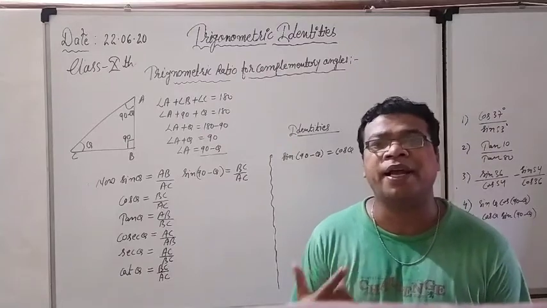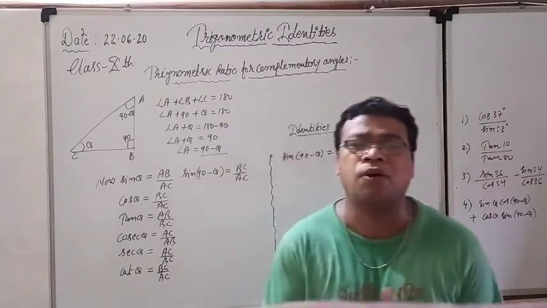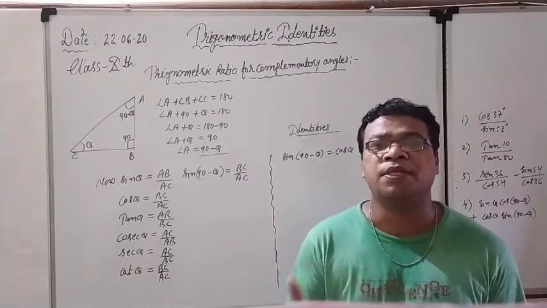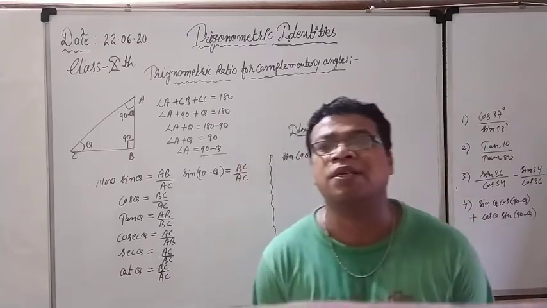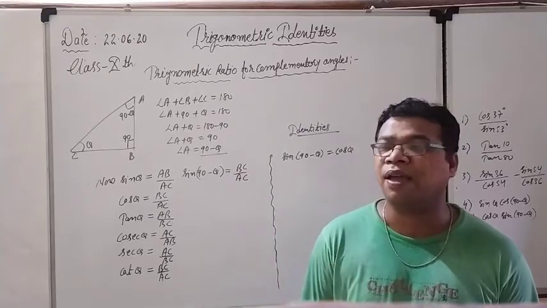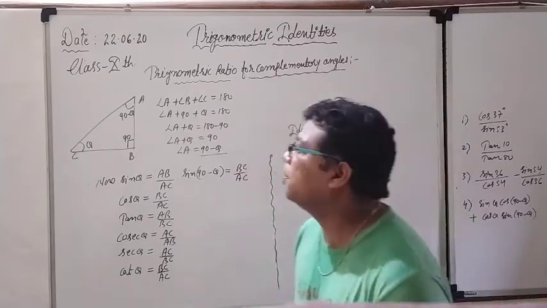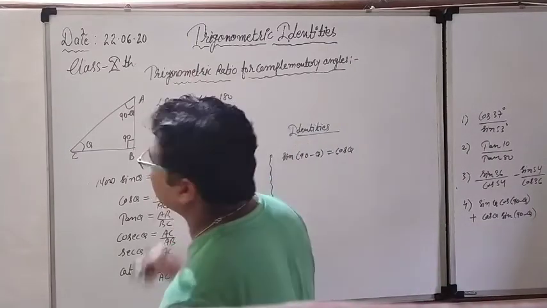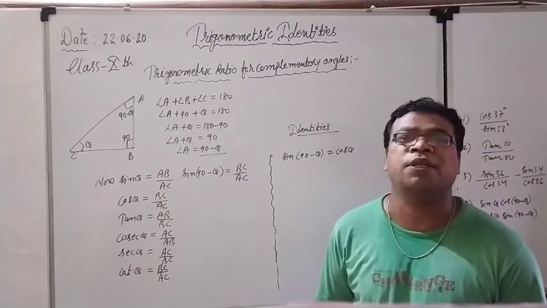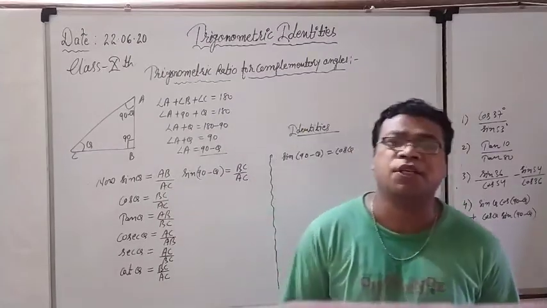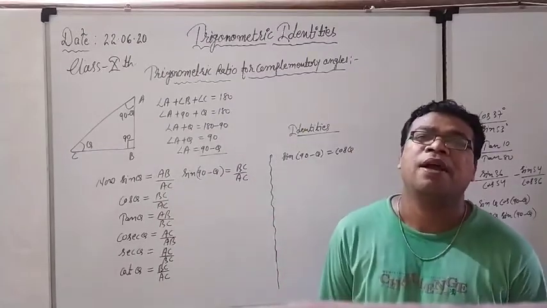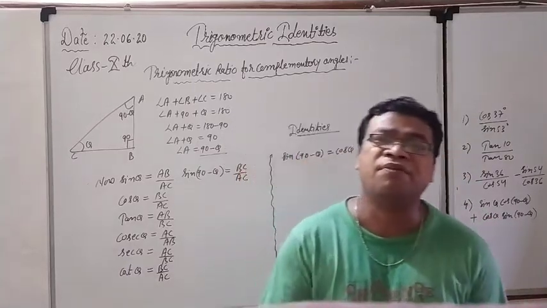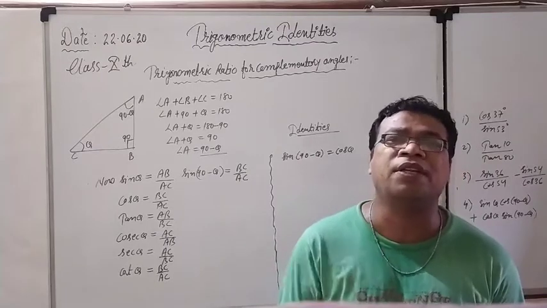Trigonometric identity means we are covering all kinds of formulas. In the first session we saw some of the basic identities related to all 6 ratios, and we studied 3 particular identities. First was sin square theta plus cos square theta is equal to 1, and after that 1 plus tan square theta is equal to sec square theta, and 1 plus cot square theta is equal to cosec square theta. We even saw some different forms of these 3 identities.